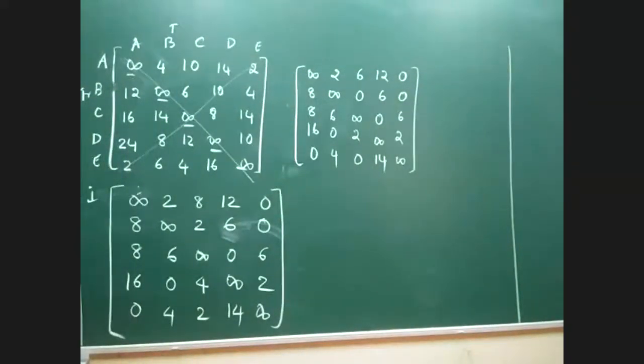Now what is the next step? After this, what are we supposed to do? Test for optimality. Yes, you are supposed to check the condition of optimality. Same step, no changes. Can you please tell me how many lines are required to cover all the zeros here? Can we do it with less than 5 lines, or are 5 lines required? Is the condition of optimality satisfied here or not?